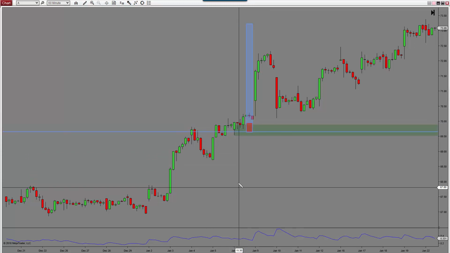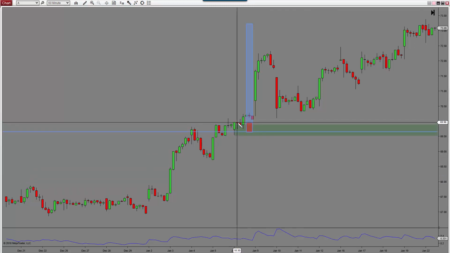What's my entry? Simple. It's just one tick above the high of one of my 4 PPT bars, which I have a video on here that details what bars those are, or just a green up candle. In this case, this is one of my bar types that I like, so I just have an order one tick above the high at